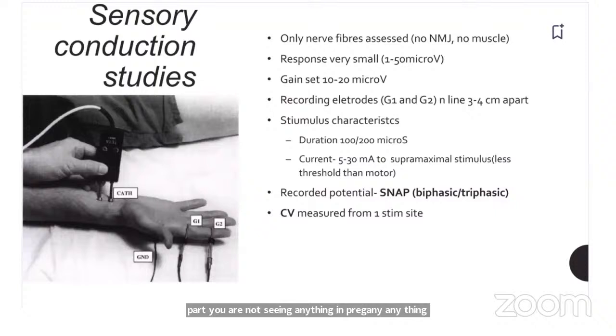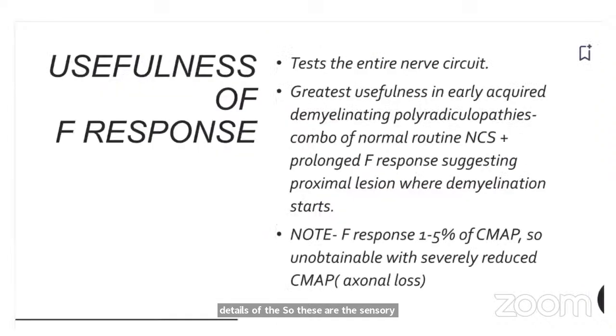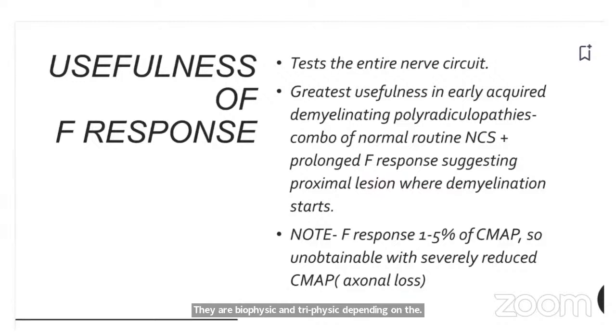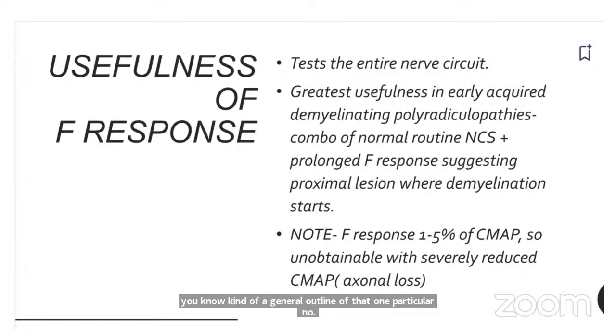So typically you will record the sural nerve, median nerve, and so on. And we need not go into the voltage and details of this. So these are the sensory nerve action potentials. They are biphasic and triphasic depending on the nerve. Next is your F response. The F response will test your entire circuit. It gives kind of a general outline of that one particular nerve, and it generally gives more findings in demyelinating